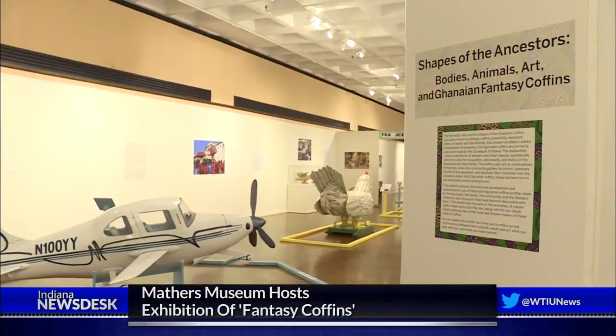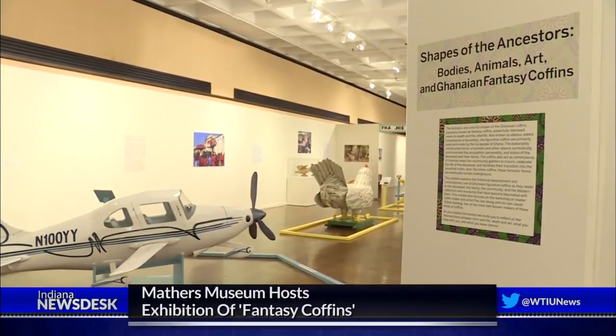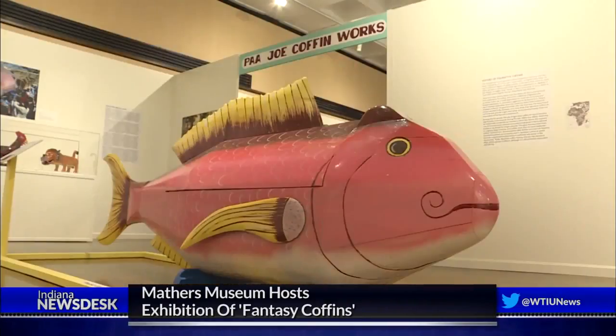The Mathers Museum in Bloomington is hosting a selection of coffins from Ghana that are much different than you're probably used to seeing. They're called fantasy coffins and they're personalized to each person. That means they are complex and colorful, depicting everything from basketballs to tomatoes. They're made in shapes that maybe represent that person's occupation, so a fish for a fisherman to honor their life's